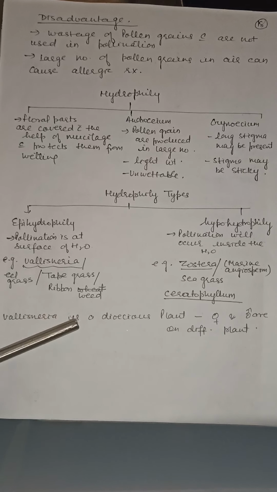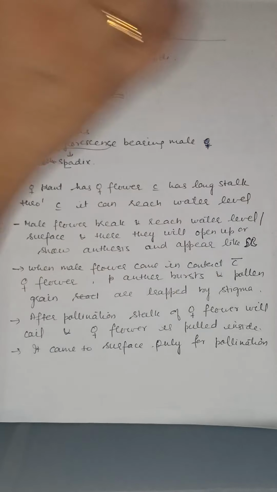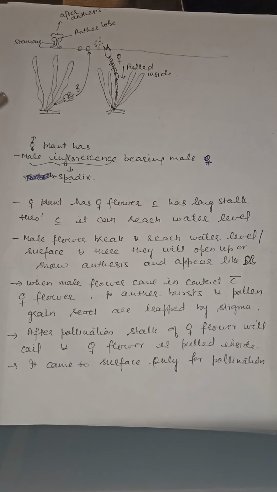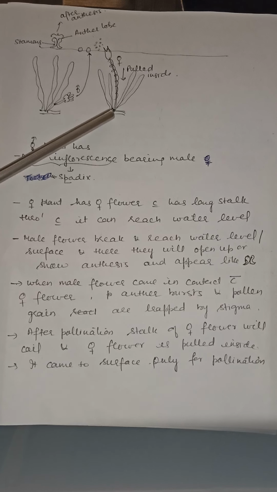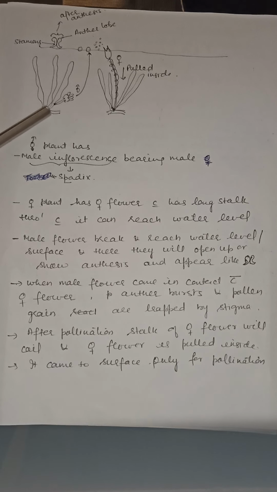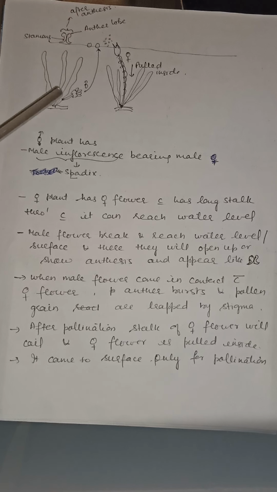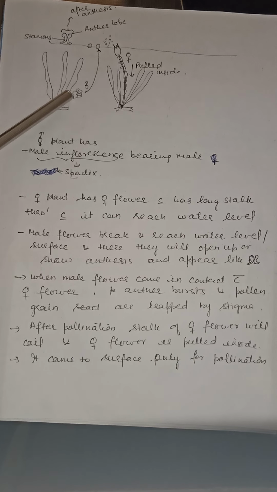Children, Vallisneria is a dioecious plant, that is male and female flowers are present on different plants. See, this is the male plant and this is the female plant in case of Vallisneria. The male plant has an inflorescence called spadix. It has male flowers. When this male flower gets matured, it